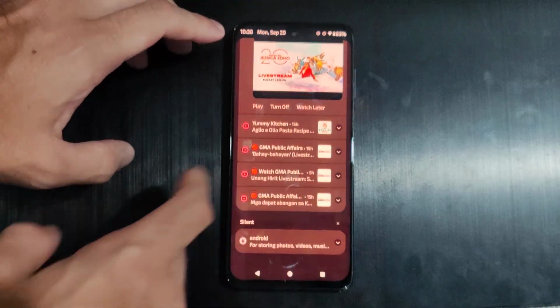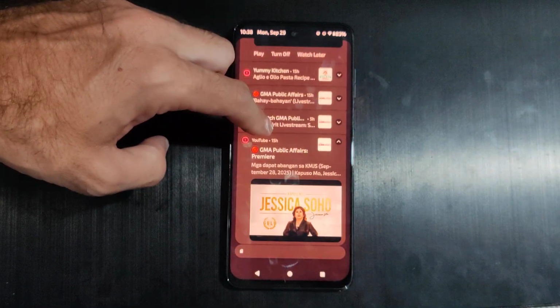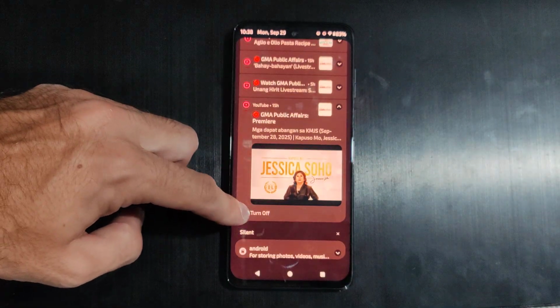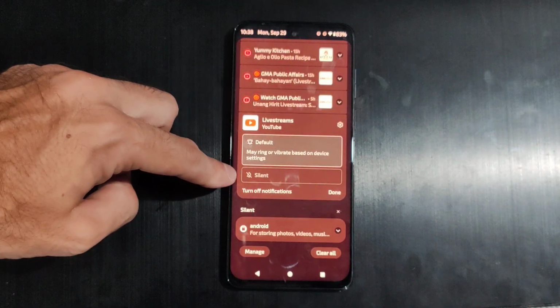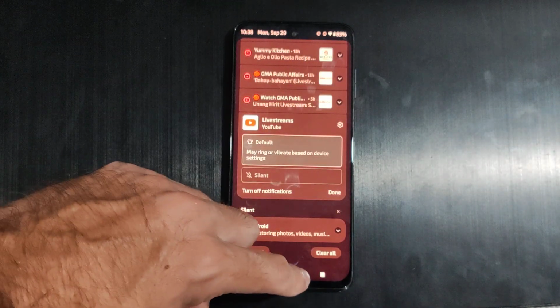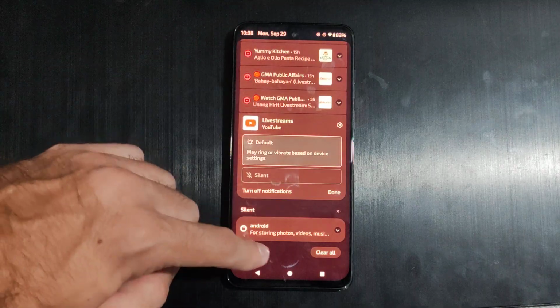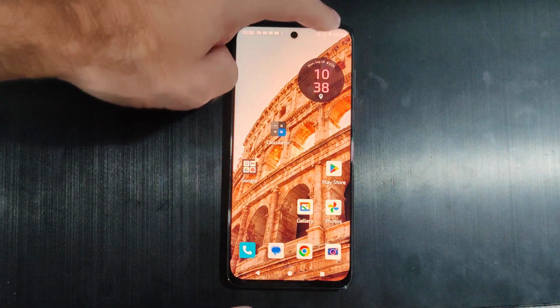Now we could just press this down arrow and we might be able to see an option to turn it off right here. Otherwise we try holding down on it specifically. We can silent it, turn it off, or go to done. Now on the newest version of Android, you might not have that option, so you might want to swipe on